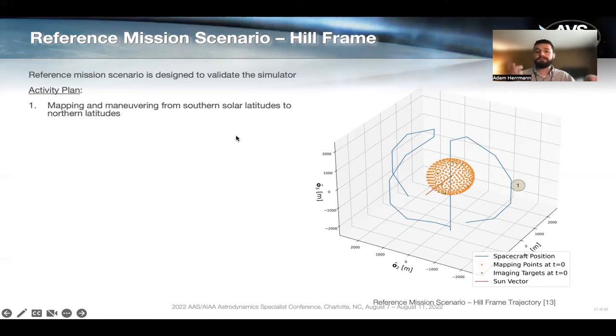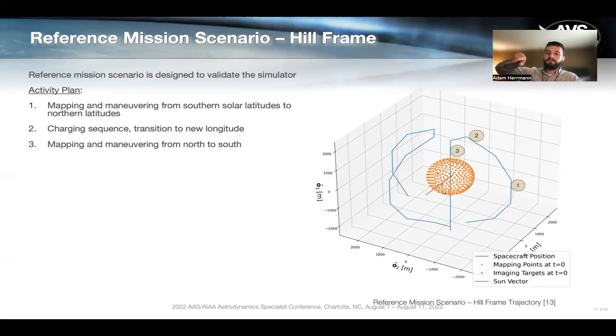So the first thing that happens is mapping from southern to northern solar latitudes. Then we enter a charging mode and transition to a new solar longitude. Then we start the mapping process all over again for the second map we now want to collect. And then we stop, we do a couple of charging modes, we downlink to the DSN, and then we start